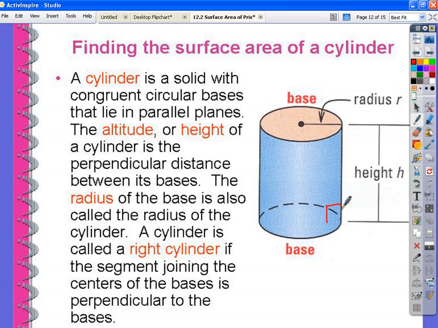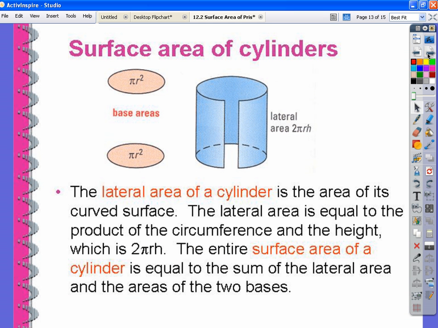I can take off the two bases, or just circles, right? The area of a circle is just pi r squared, so that's no big deal. How do I calculate the area of the tube? Now imagine cutting this tube and unrolling it. If I unroll it, what shape am I going to get when I push it flat on the table? Rectangle, sure. I'm going to get a rectangle, and if I look at that rectangle,